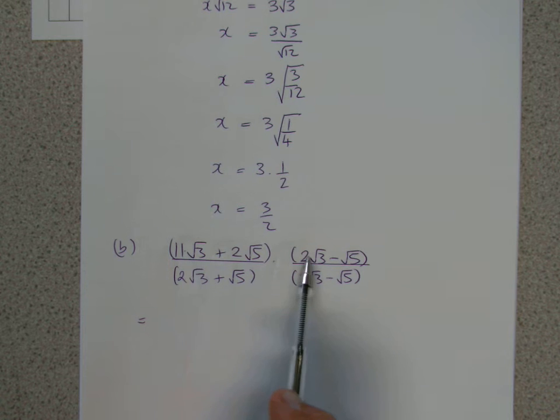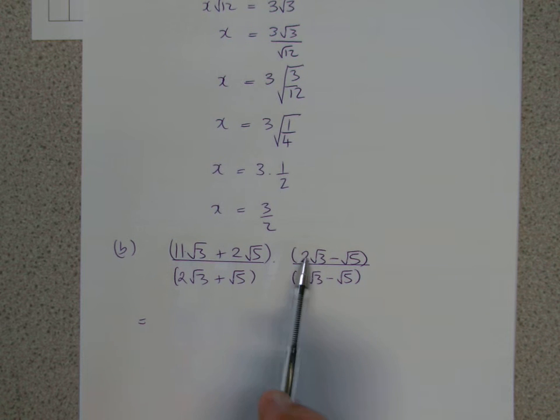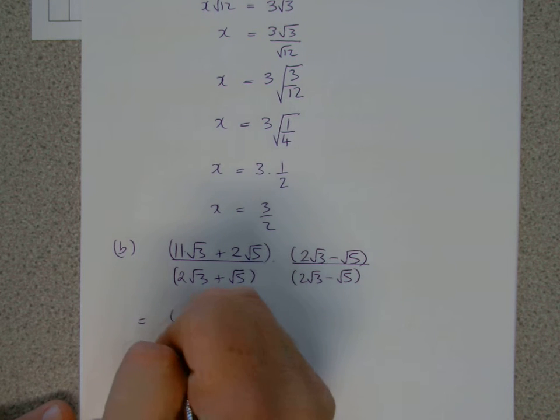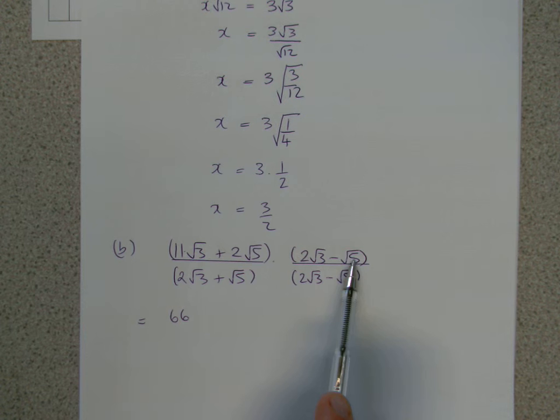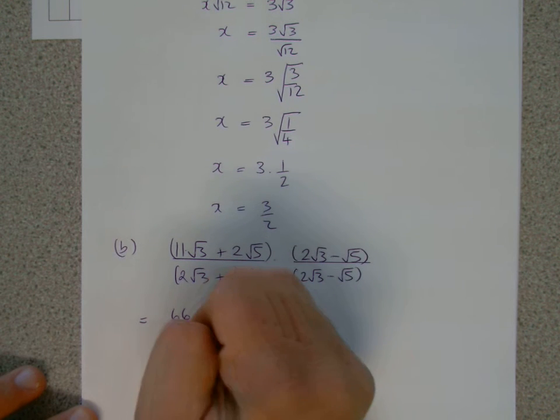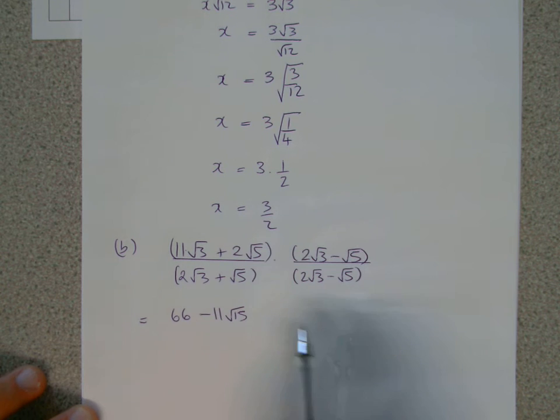First, 11 root 3 times 2 root 3. Well, 11 times 2 is 22, and root 3 times root 3 is 3, so 22 times 3 is 66. And then we've got the outers, 11 root 3 times minus root 5. Well, root 3 times root 5 is root 15, so it'll be minus 11 root 15. Then the